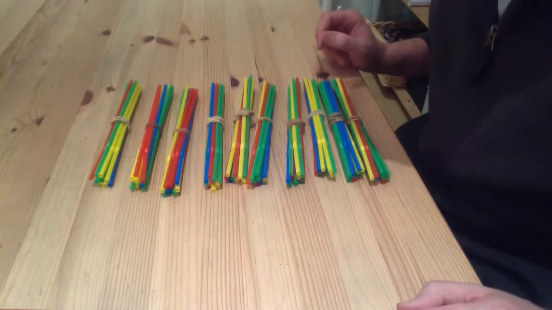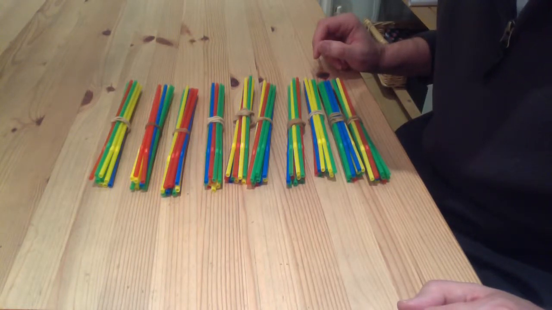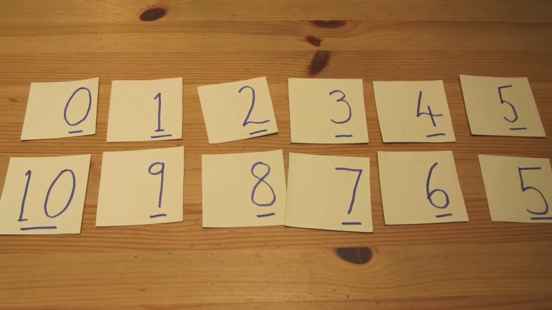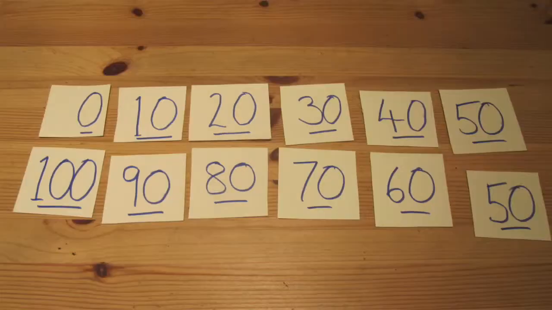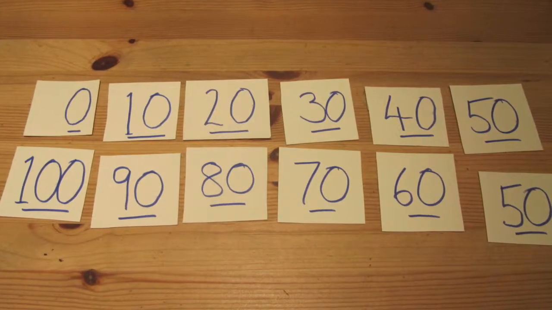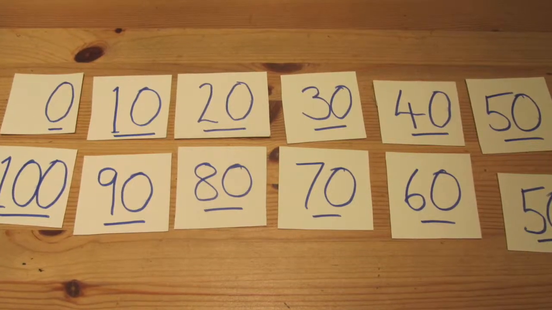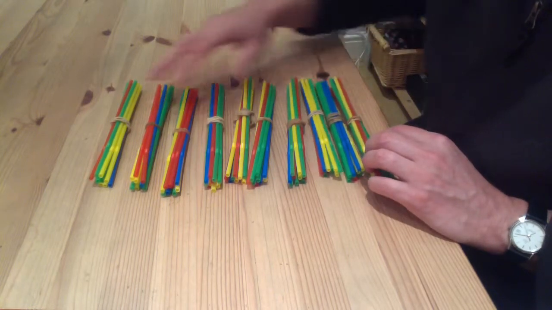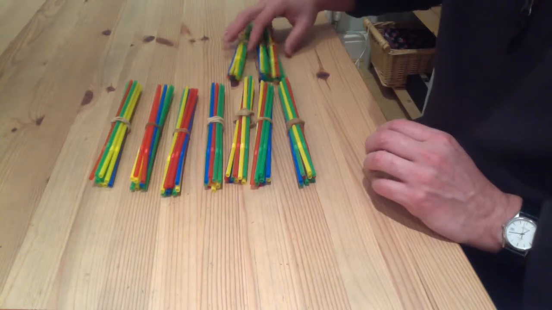You are then going to repeat some of the activities you did from the addition facts to 10 video, only this time, instead of pairs to 10, 10 and 0, 9 and 1, 8 and 2, 7 and 3, 6 and 4, 5 and 5, it's pairs of 10 to make 100: 100 and 0, 90 and 10, 80 and 20, 70 and 30, 60 and 40, 50 and 50. So we'll start by laying out the groups of 10 on the table, and we're going to split into 2 groups. So if I put those just up there,